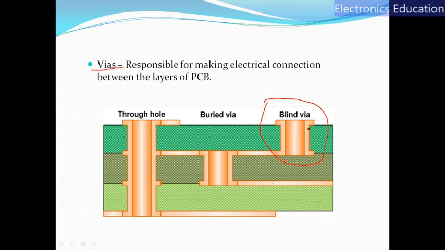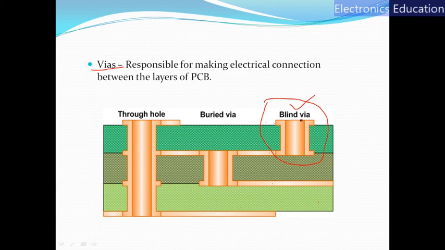Now why is this called blind via? Via is a tool or mechanism used to have connection in between layers. So let us say this is layer number 1 and layer number 2. If these two layers want to connect to each other, we can implement a via. Here layer number 2 and layer number 3 are connected through a via. Here layer number 1, 2, 3 and 4, all layers are connected through a single wire. So first we have a blind via. Only layer number 1 and layer number 2 want to be connected, so a via is created.